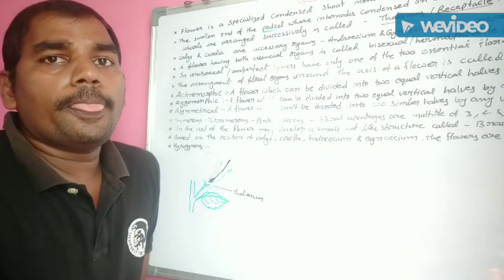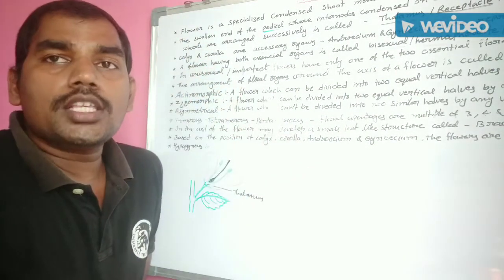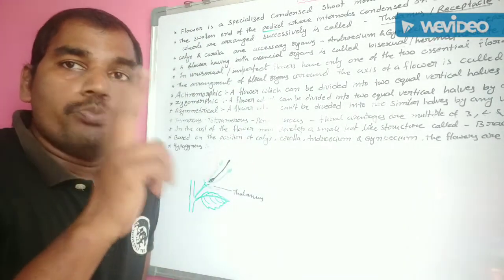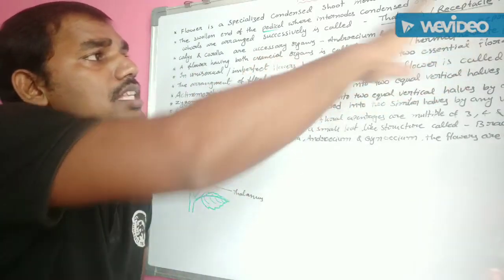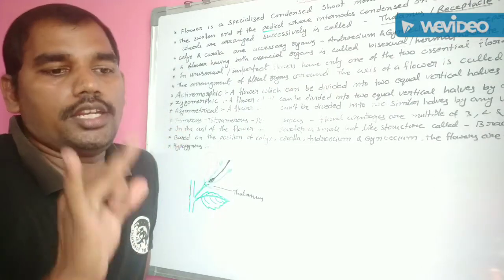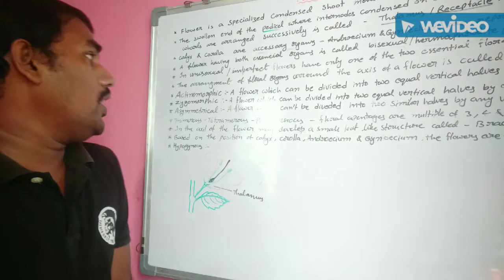They have both essential reproductive organs, androecium and gynoecium. But in some flowers,